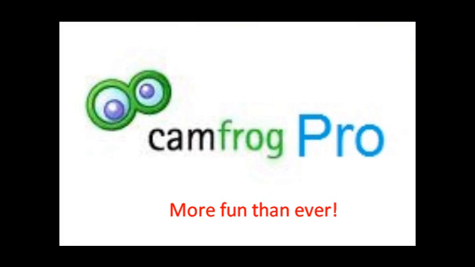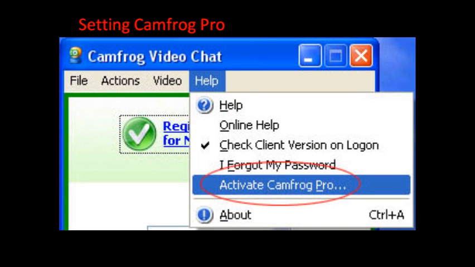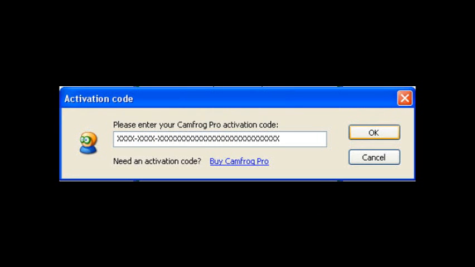Okay, the next step I can teach you Cam Fog Bowl. The Cam Fog Bowl is the more fun than ever. Okay, you can kick health either select activate Cam Fog Bowl. Okay, the next step you can see this image is show. You can key your code. Your code is the code 100 mailer code and you click OK.